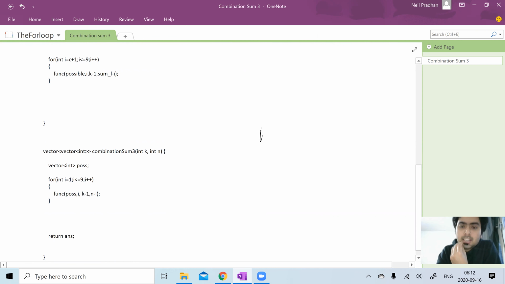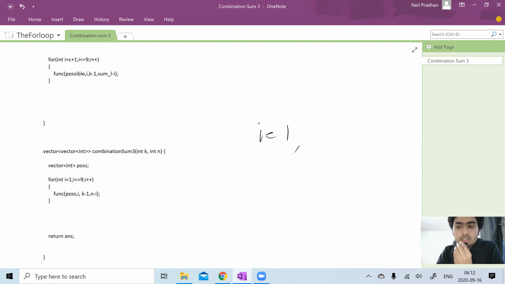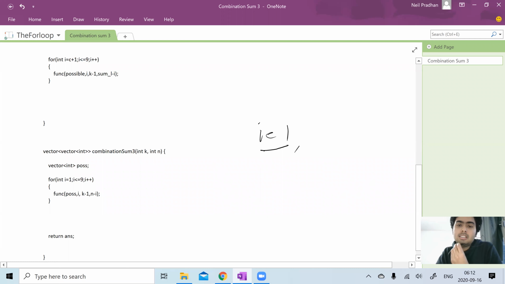When we put i equal to 1, along with that we are going to pass two variables. One is how many numbers we need, like k. So if we are filling it with 1, then we need k minus 1 more numbers, and we need a sum left, which is nothing but n minus i, whatever i is.